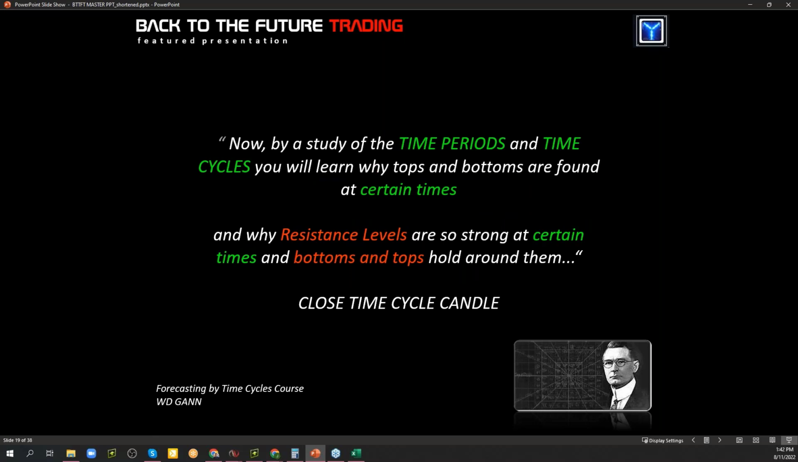Now, by a study of the time periods and time cycles, you will learn why tops and bottoms are found at certain times, and why resistance levels are so strong at certain times, and bottoms and tops hold around them. There's Gann's Square of 9. Good luck figuring that out on a daily basis on a 3-minute chart. If anybody can do that, please let me know and shoot me over your signals immediately, because I'd love to